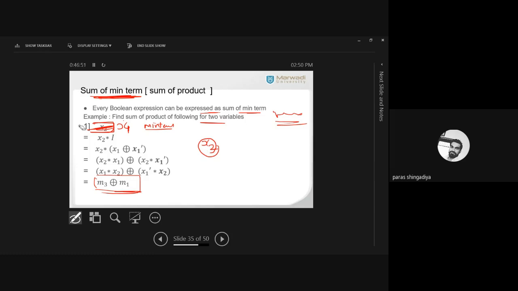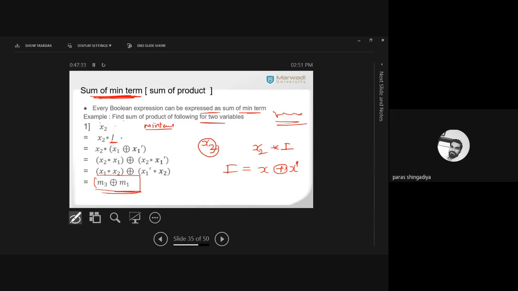So how we can create it here? So x2 is given. So to create x1, we'll use this technique, x2 star I. Okay. If you have any element, if you multiply with I element, then it represents the same entry, means x2. x2 star I is equal to x2. ठीक है. So multiply by I means star I आपको उसमें add करना है. Now in place of I element, we can use the formula. So what is the formula of I? That we have x ring sum x dash. That is the formula for I. So now we require x1 here. So use the formula for x1. So it will be x1 ring sum x1 dash.